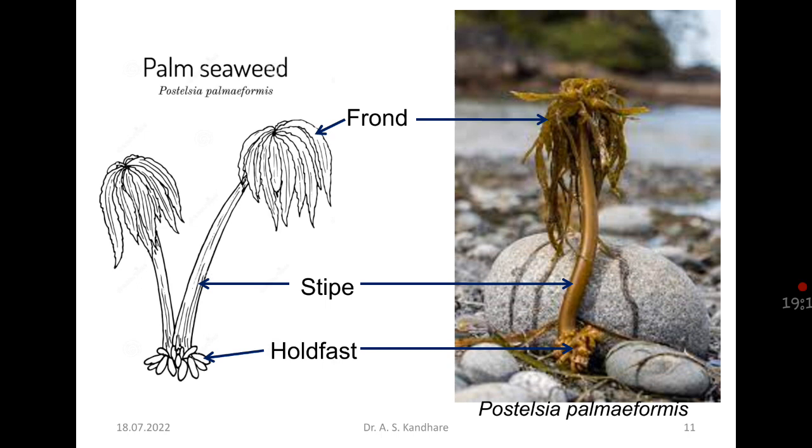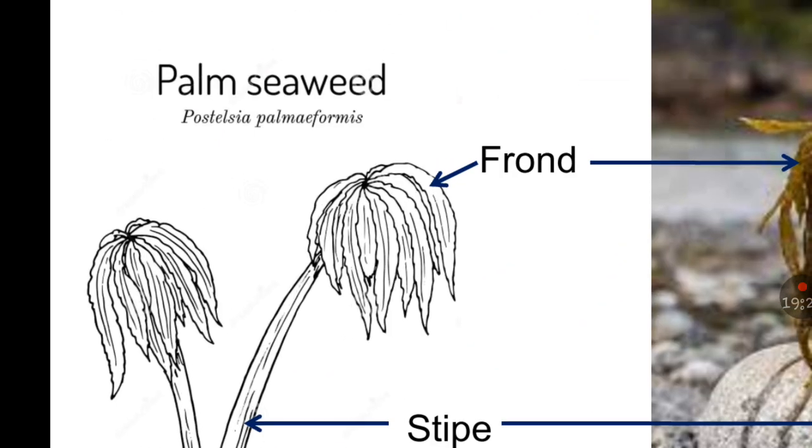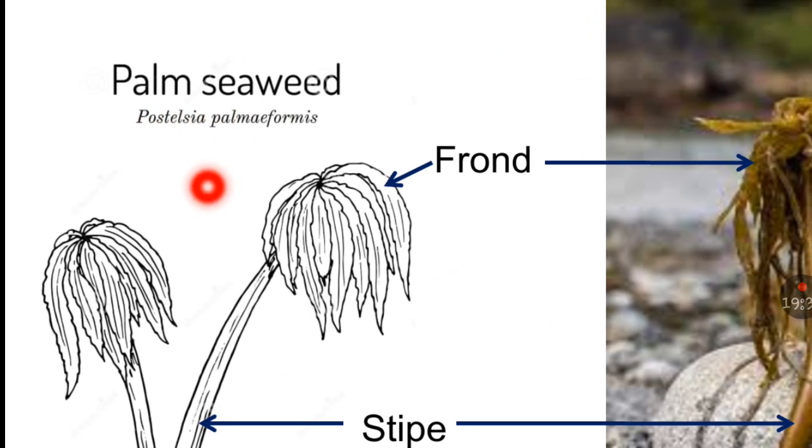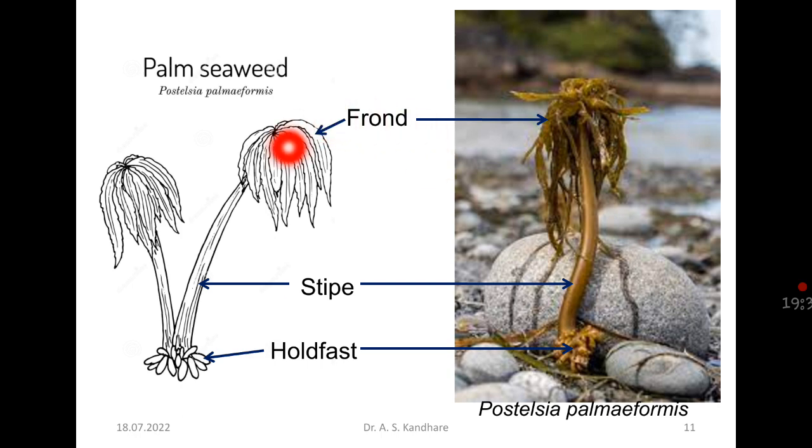So you can see here, this is palm seaweed, देखो पाम के जैसे ही नज़र आ रहा है ये, Postelsia palmaeformis उसका नाम ही है, Postelsia palmaeformis. So here you can see this is frond, है ना, यहाँ पे this is the actual photograph and this is stipe, this is holdfast. So it appears like a coconut tree, isn't it? So Postelsia palmaeformis, a very nice brown colored algae. Then you can see